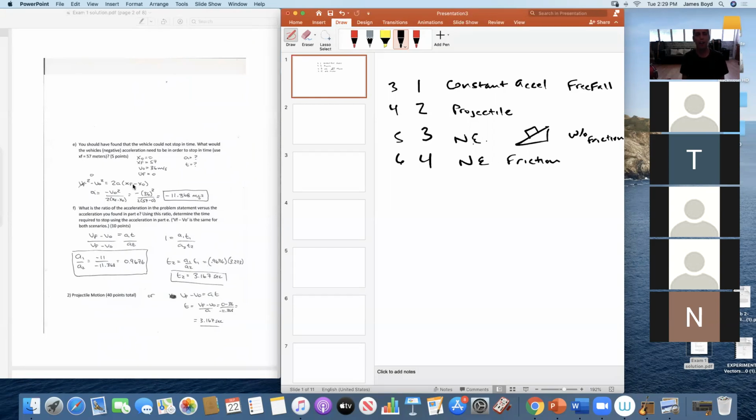So again, it's a pretty simple problem unless you get confused on your variables. So you really need to know what your variables are. It really helps to have a drawing or something. But here's the big